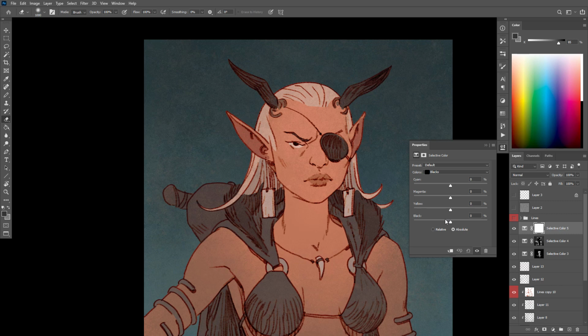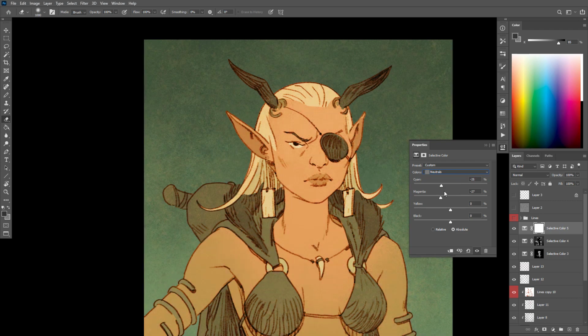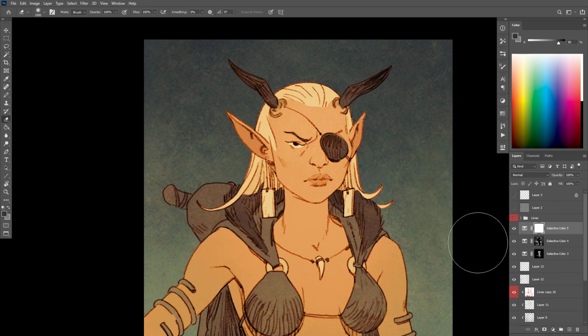A really good way to think about this is, firstly, what I'm actually going to do is get the right selection there. So I'm going to play around with the color of the background, which I think is a little bit of neutrals and a little bit of darks. It doesn't really matter what color we do initially, but let's say I really adjust the colors and make them very different. This will just show us where the color is being